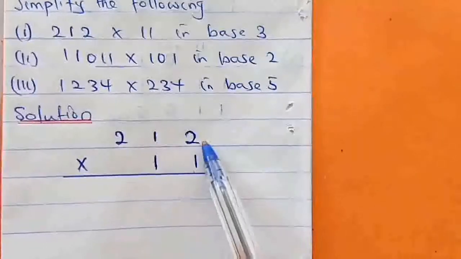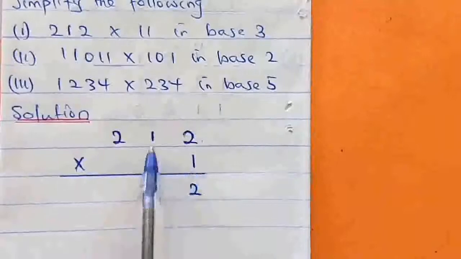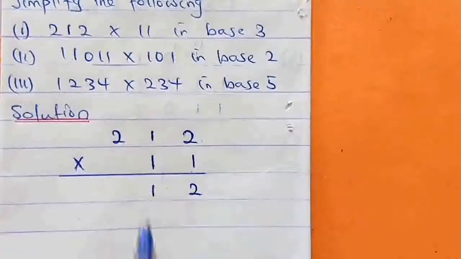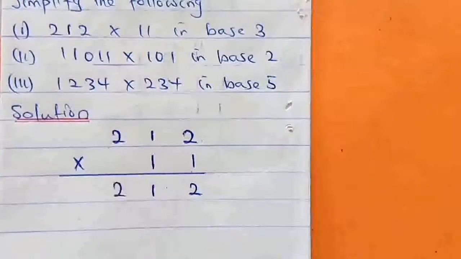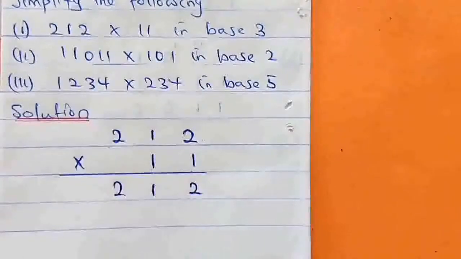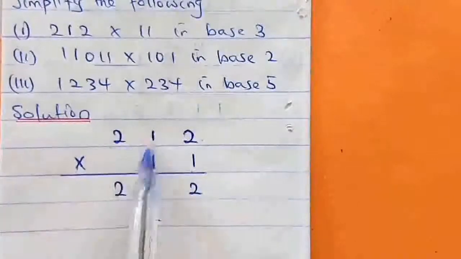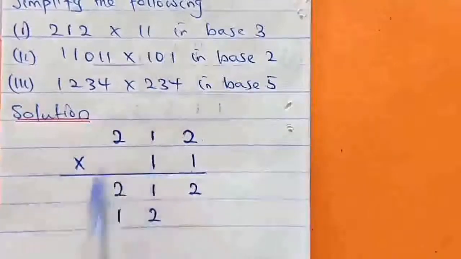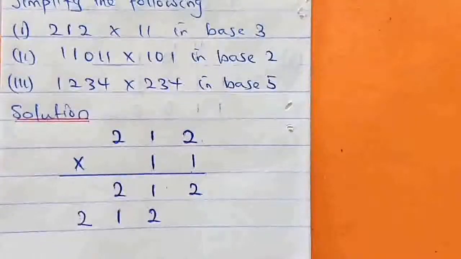1 times 2 will give us 2. 1 times 1 will give us 1. 1 times 2 will give us 2. 1 times 2 will give us 2. 1 times 1 will give us 1. 1 times 2 will give us 2. We sum together, we have